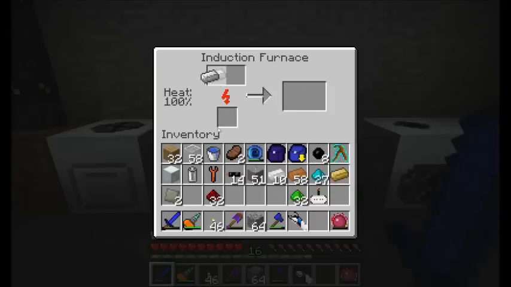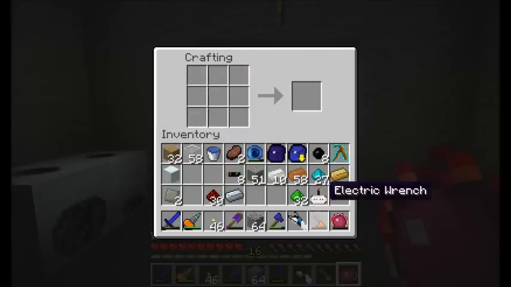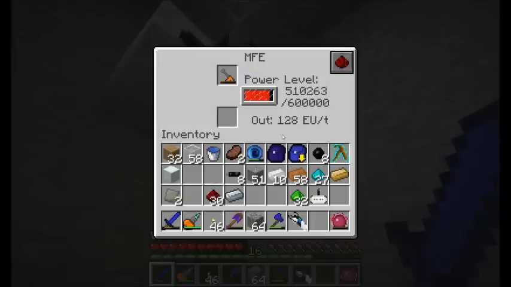Awesome. And I'll just make, what the heck, make both of them refined iron. Okay. Now, another electronic circuit. Again, I told you guys you'd be making a lot of these, so I hope you remember the recipe by now. An electronic circuit, battery, and wrench will get you the electric wrench. Cool. The electric wrench, again, will get its power from the bat pack,